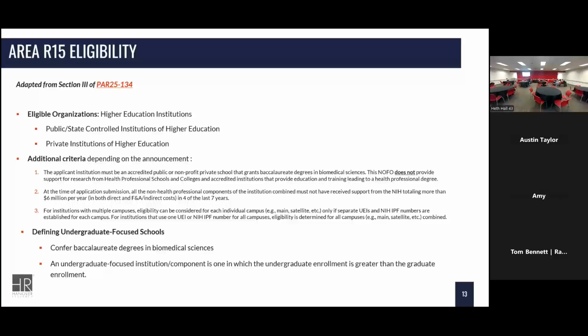They're wanting to support institutions that have students that are pursuing the sciences, and not in the sense of professional health degrees. The funding threshold for NIH funding in order to be eligible for this is $6 million per